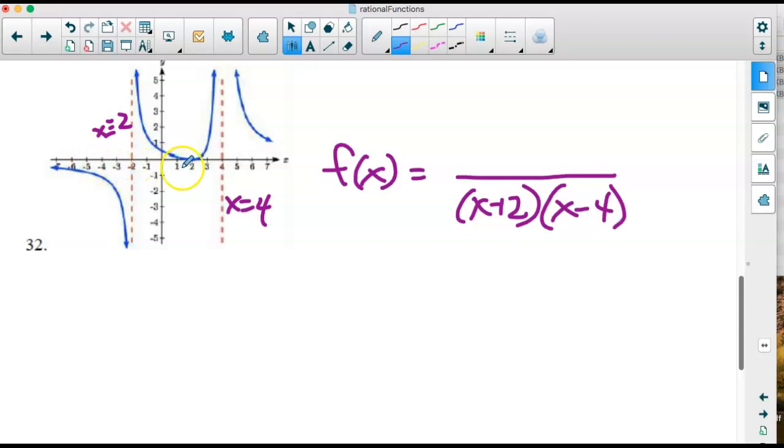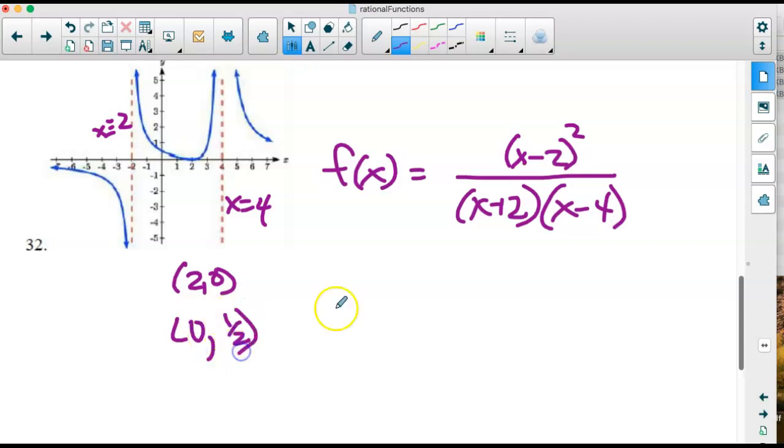Okay, so that's what we have there. We have a 0 at 2, 0, but it touches, so that means we're going to have that 0 twice. Because if it crosses, we have it once, but if it touches, it's twice. So we're going to have an x minus 2, but we're going to have that twice. Now, we know that the intercept is 0,